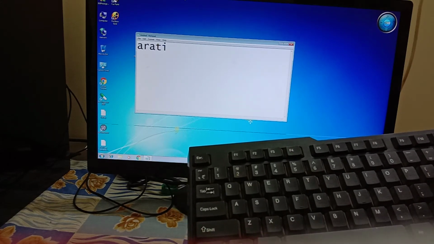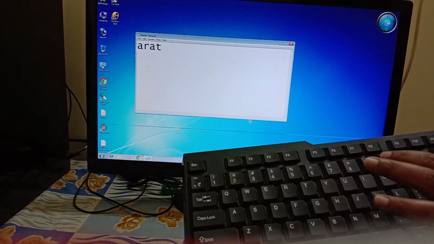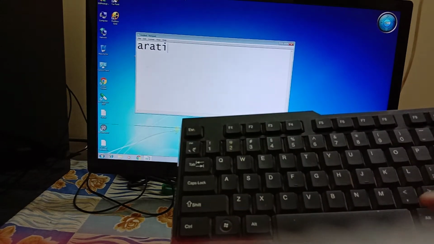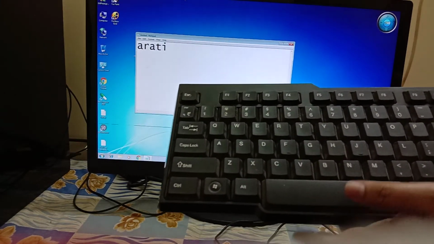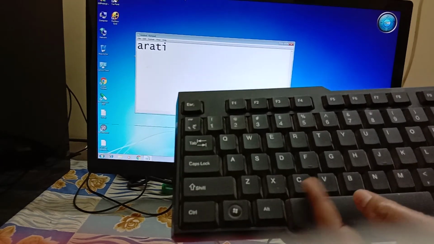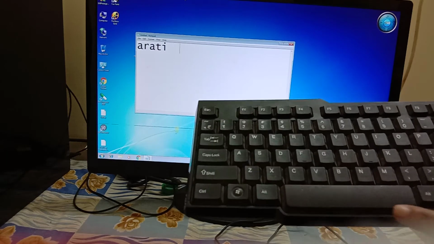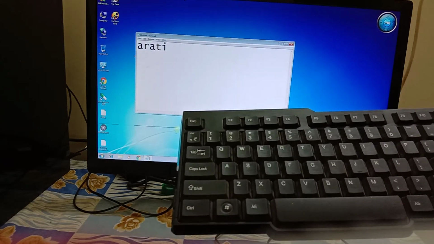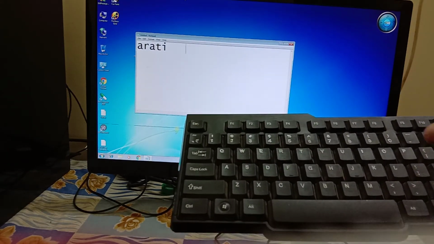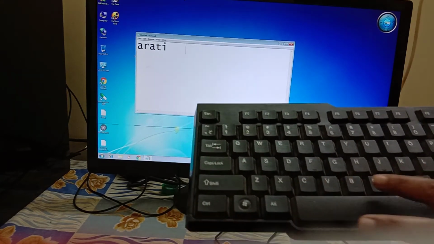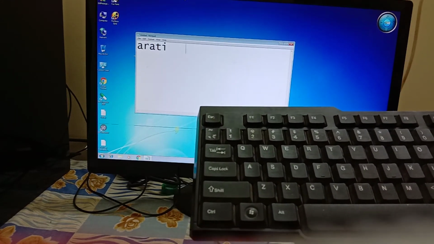Now, I want a space in between the first word and the second one. There is a space bar here. You all can see, children. This is the big bar. If you press this once, one space will come. Twice if you press, two spaces will come. Three times if you press, three spaces come. So however many spaces you want, you all can press by this space bar.